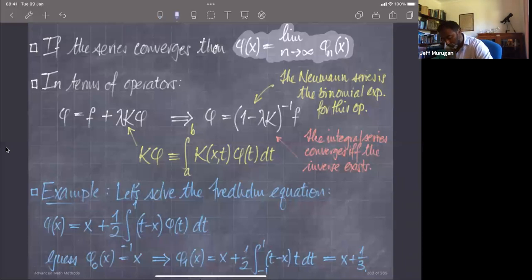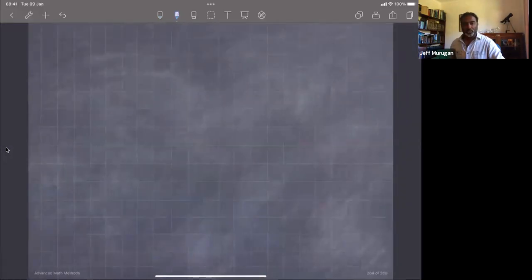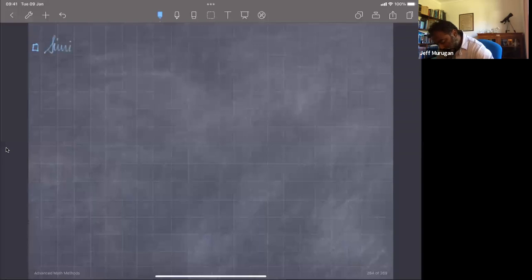And so that's what phi 1 is. So again, phi naught is x, phi 1 is x plus 1/3. And you can continue with this iteration. So similarly, we find that in general,